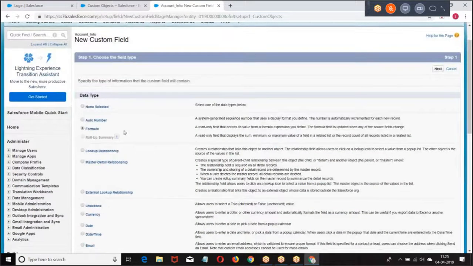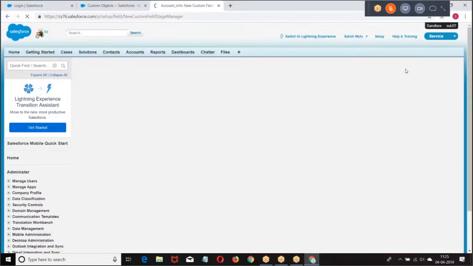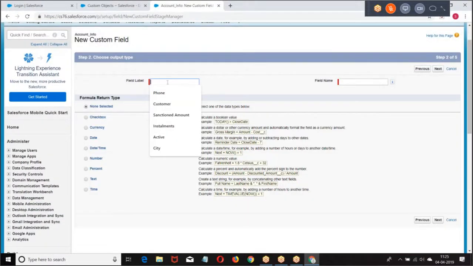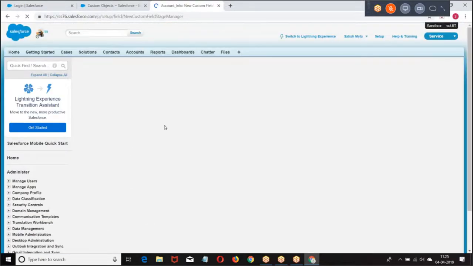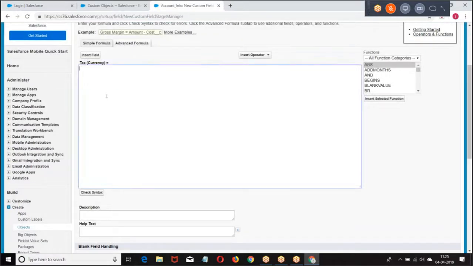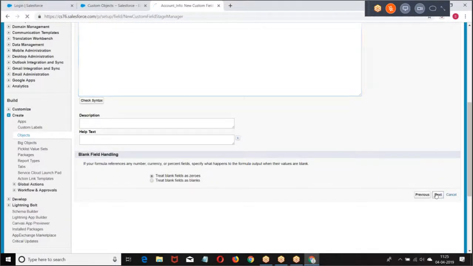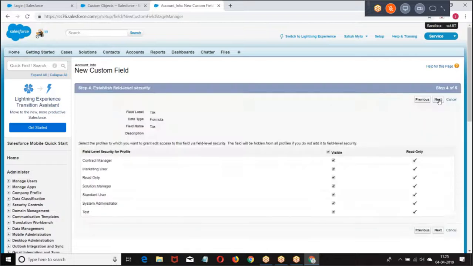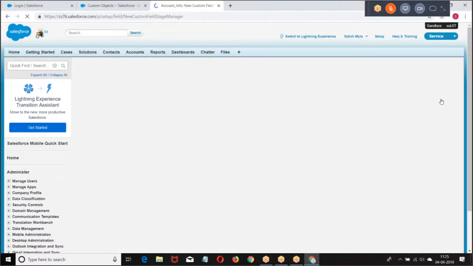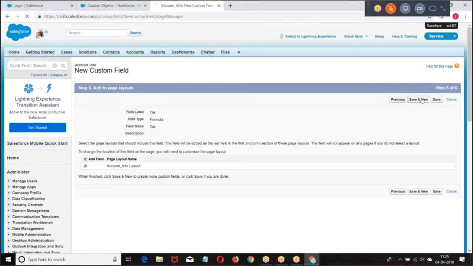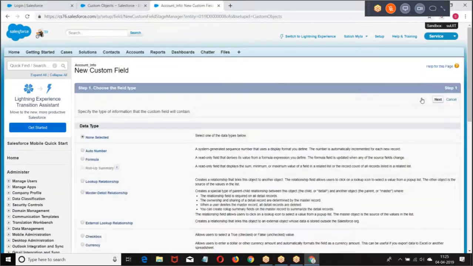Then I had a formula field, tax. 10% of the tax. I want to write a validation rule. Object creation is done.